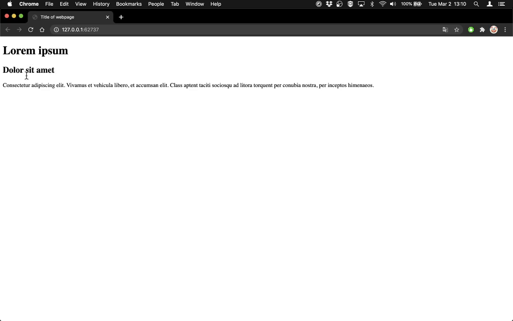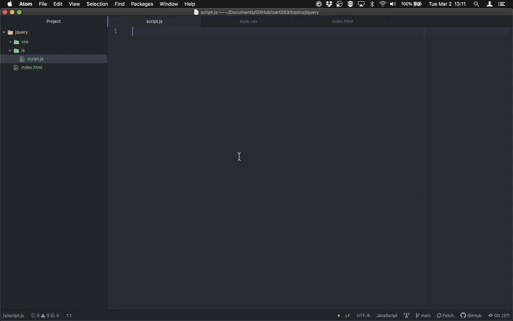But I also want to be able to click on $sit_amit and it turns red instead, and then I can't do it here. So I could add separate event listeners to the two of these if I wanted to, but if I had a lot of headers, that would get annoying. So what I can do is use this idea that I can remove event listeners. Let's say we want to listen for clicks on all of the things that have a class of header. So we say on click on the header class, we write our function,